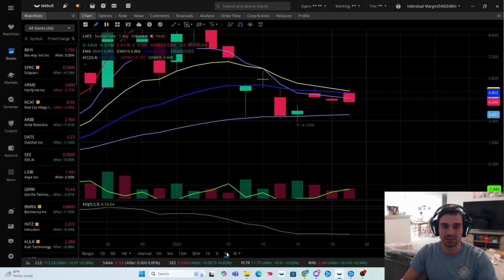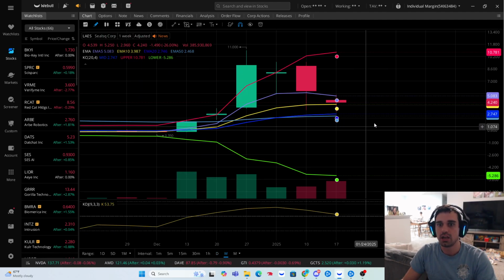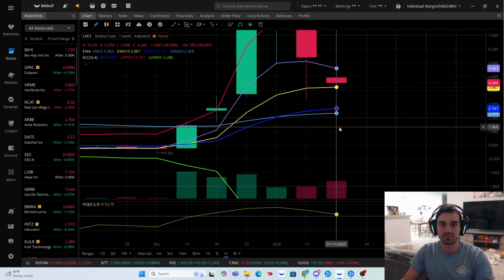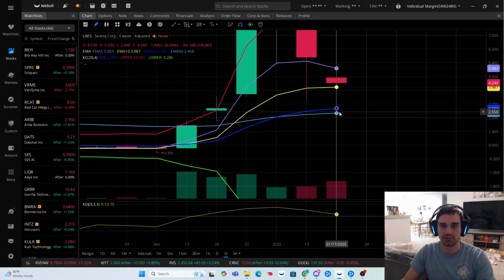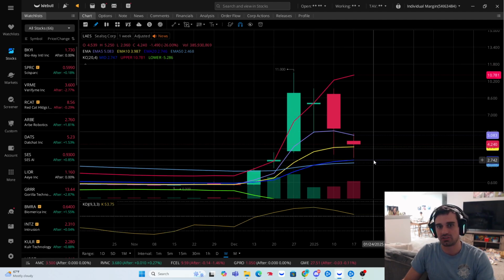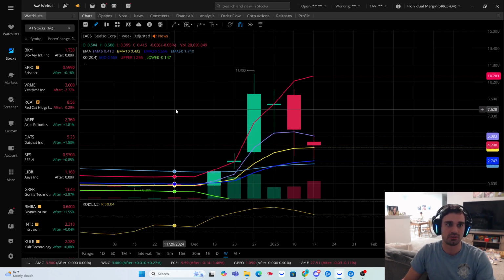But remember, if I do play it, I need to see a weekly candle close with a body below it, not no wick, okay? I'll probably do a 15 to 20% stop loss from there if it does go to that area. But as of now, it's just being patient. Just be patient with LAES.